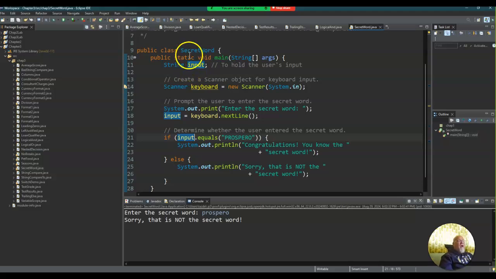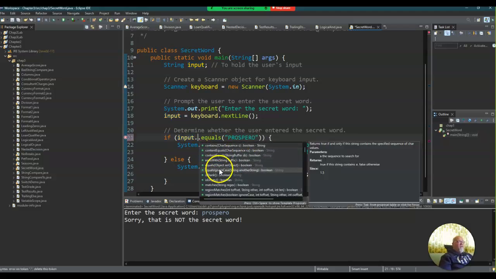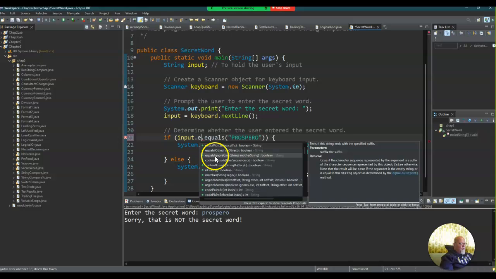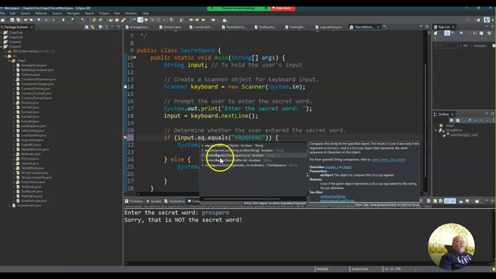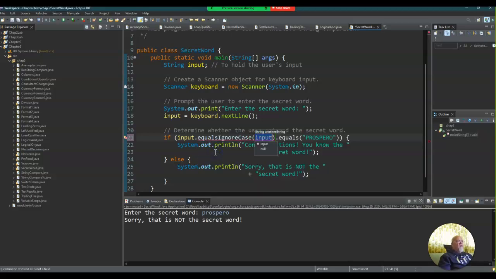But here I've got string input, so I've created a string object called input. I create my scanner keyboard, ask the user for the secret word, and put the next line into the input. Since input is a string object, if I type a period behind it, it brings up a list of all the methods and other parameters we can use within the string class. If I type EQ, it brings up equals, but what's in the book is equalsIgnoreCase. So if I use that,